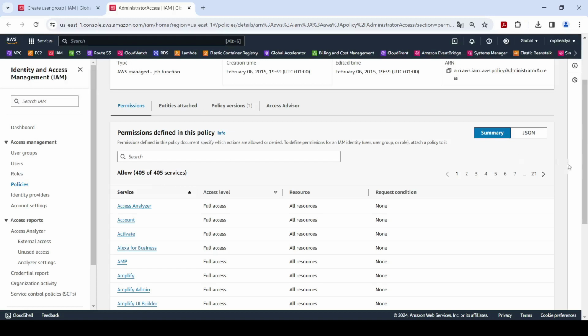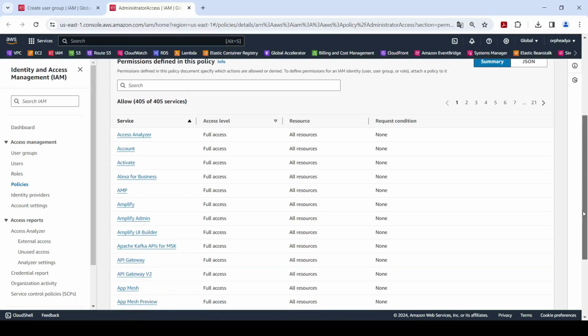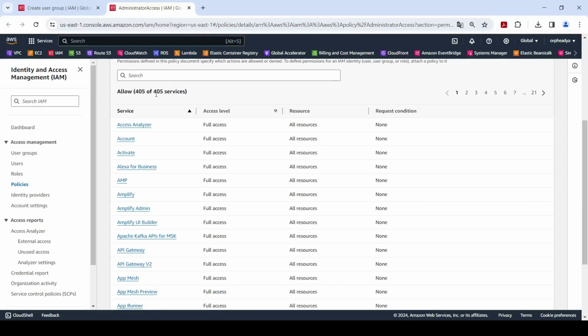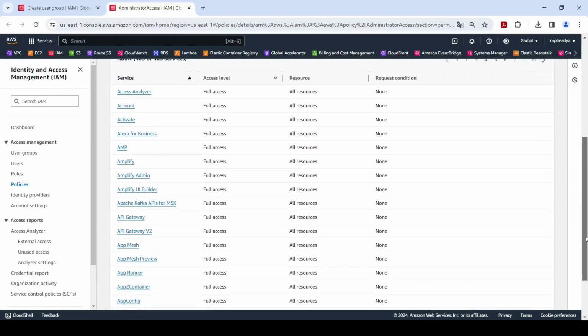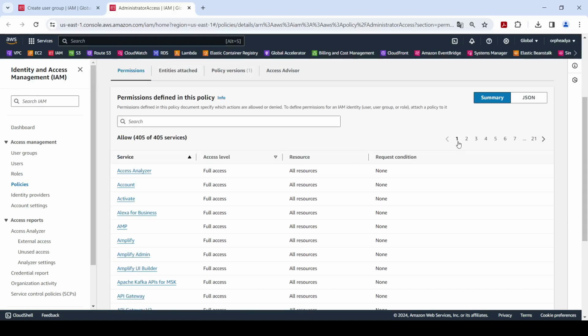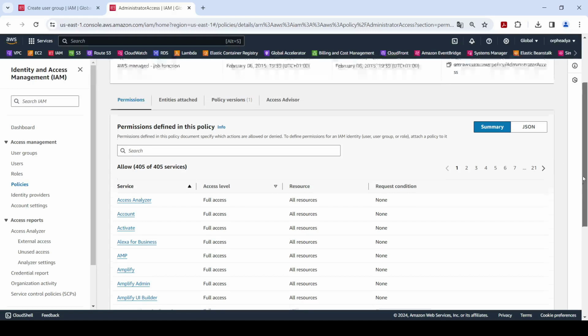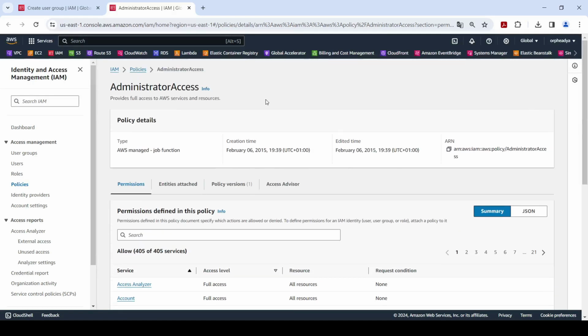As you can see, you have full access on all AWS services. This is just the first page, and we have 21 pages. So this policy gives you access to all AWS services. I close this tab.